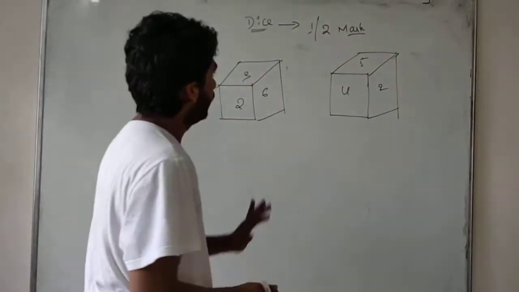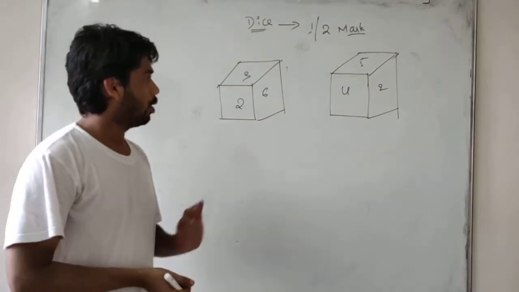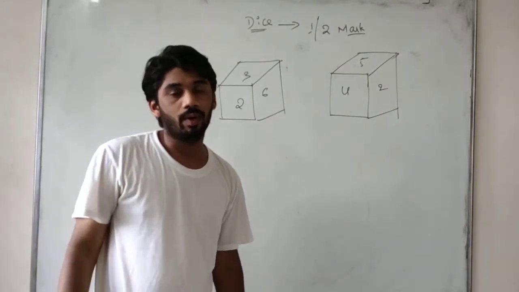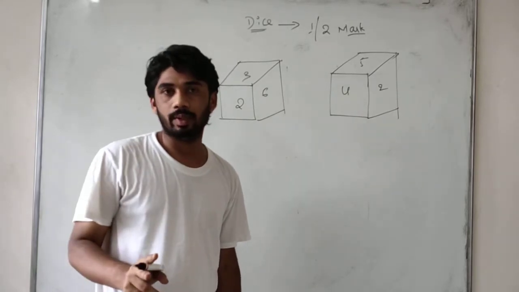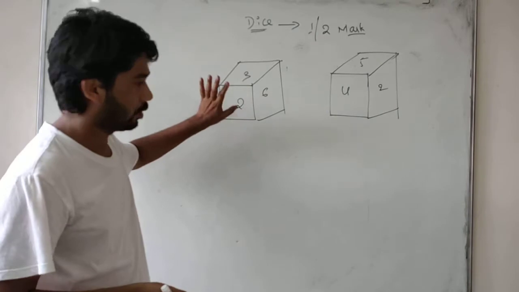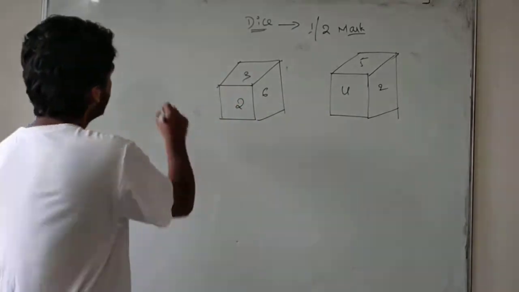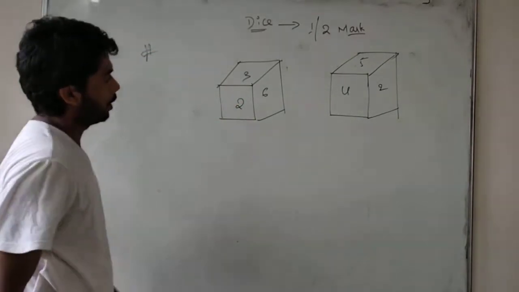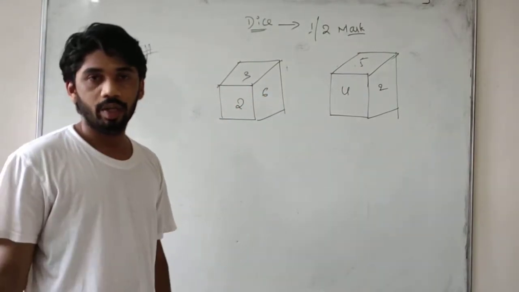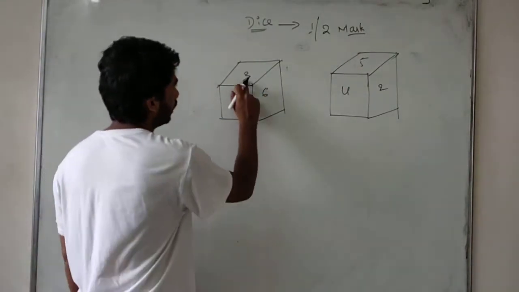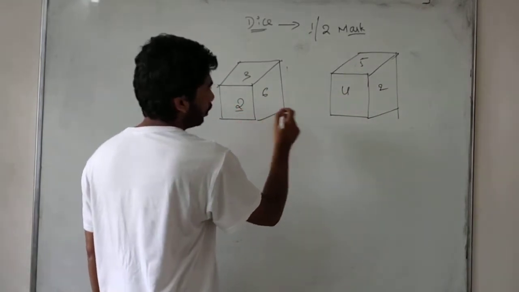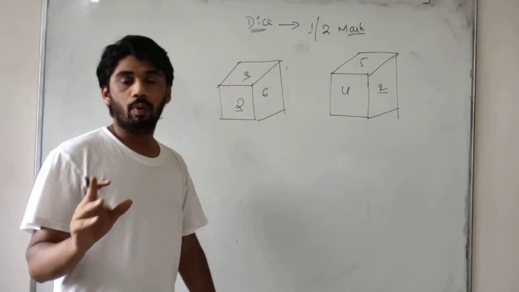So students, in this dice, in every problem they will be giving 2 dice or 3 dice. There will be a common point, 1 common or 2 common points will be there. Otherwise there will be no common point. First we have to see in this question, how many common points are there? So see here, 3 is there? No. 6 is there? No. 2 is there? 2 is there. It is a 1 common point question.